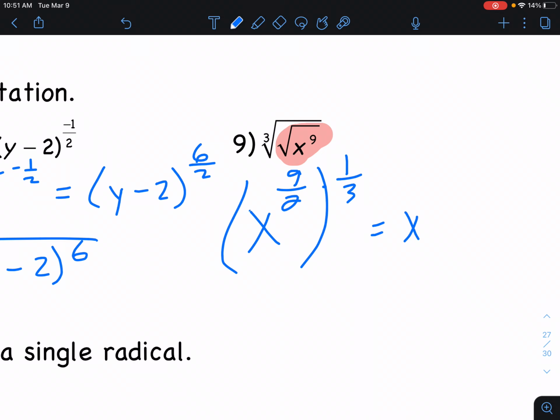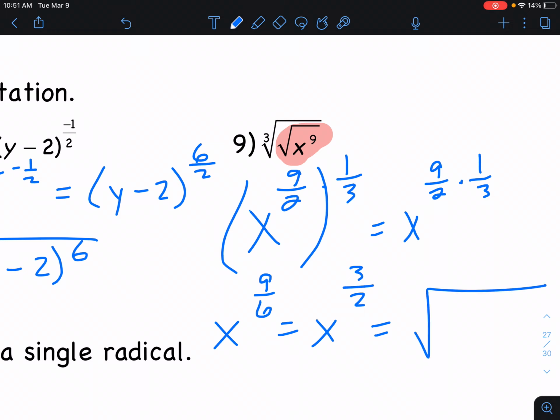And then we want to multiply them. So that would be 9 over 6. We can reduce that. Each of those numbers divides by 3 to have 3 halves. And now we can turn this into a radical. 2 on the bottom means square root of x, and then the numerator, throw it in with the x,